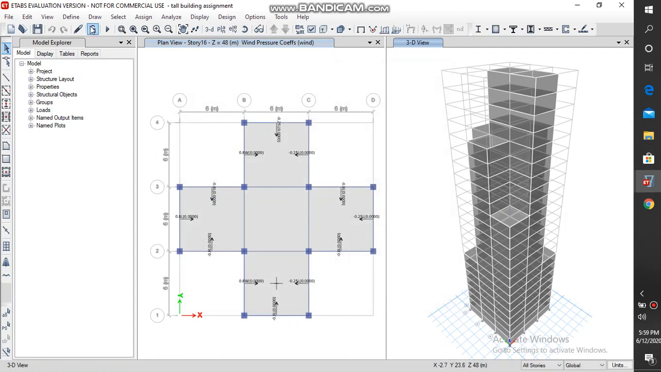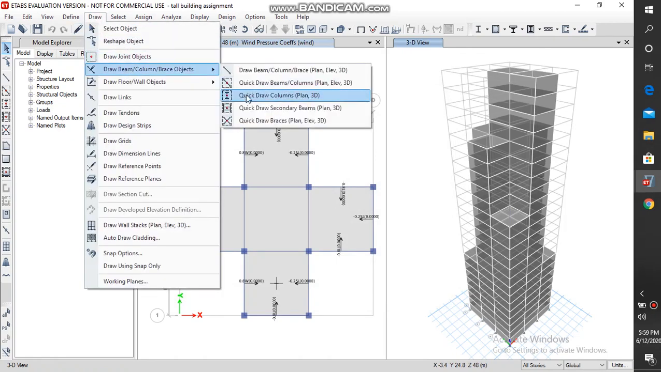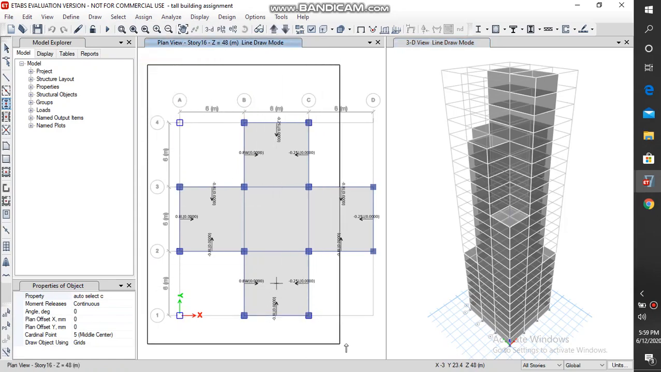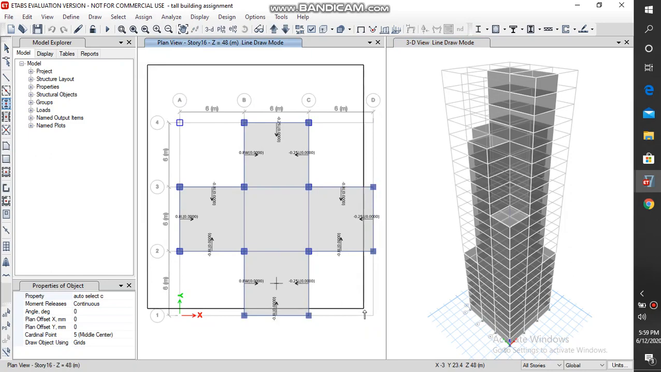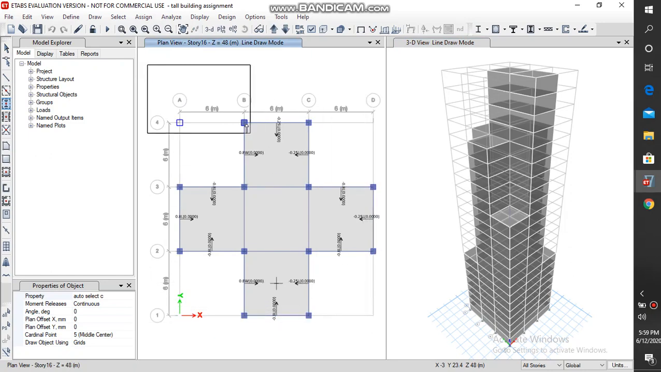Just go to this draw option and go for quick columns. By just dragging, you can see that small tiny squares are appearing which represent the columns. In the similar way, based on the requirement, you can draw the columns. See that similar story is chosen in this option. In a similar way,